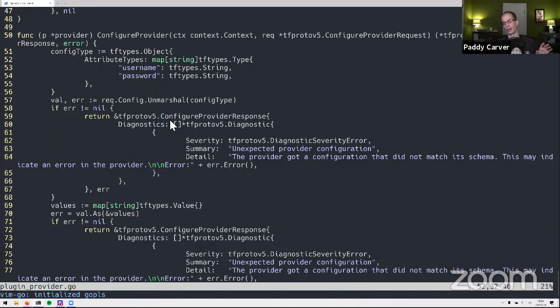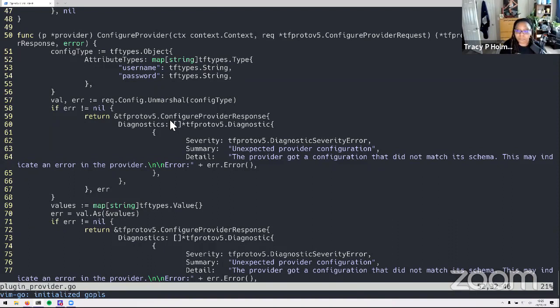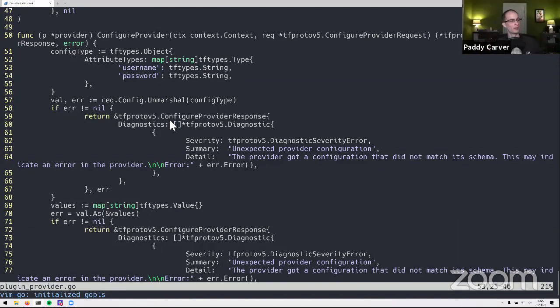If you want to do an object of lists, of sets, of tuples, of maps, of objects, of strings, I mean, be my guest. It's going to be a little bit tricky to use, but have fun. It should all work reliably. So that's very exciting. So object, this is just a way of describing the type. Objects have attribute types. Attributes are the different attributes in the object, username and password in this case, and they each have a type string in this case.